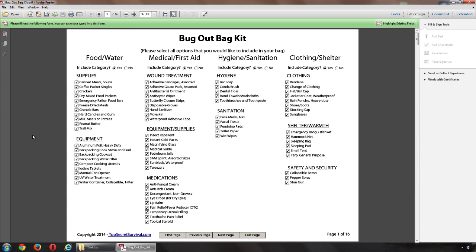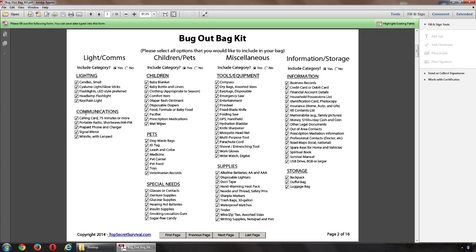This is the Bug Out Bag Kit Tools. This one might look a little intimidating, and it can feel that way, but it really shouldn't. It's not as bad as it might look. First thing I should point out is that you have major categories here: food and water, medical, hygiene, clothing, and then if you scroll to the next page, you also have lighting and communications, children or pets, miscellaneous, and information